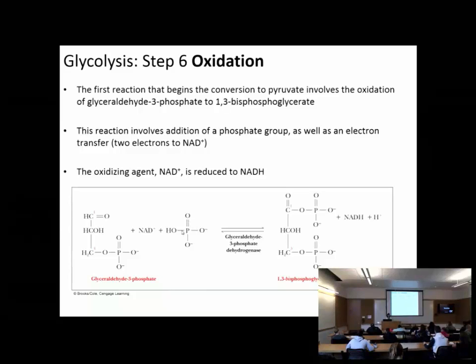So here we are, we're going to add on another phosphate. And what happens here is this is actually going to be an oxidation of carbon number 1. So by putting this phosphate on to carbon number 1, we are oxidizing it. And when you are oxidizing, you have to have something that's reduced. And that's going to be an NAD. It's going to get reduced to NADH. And so